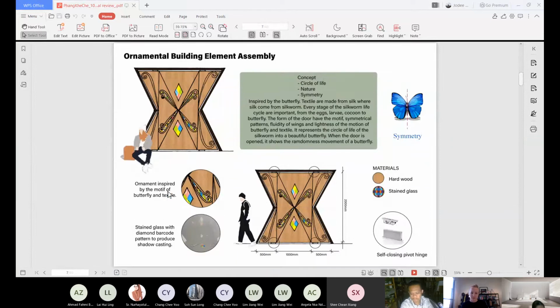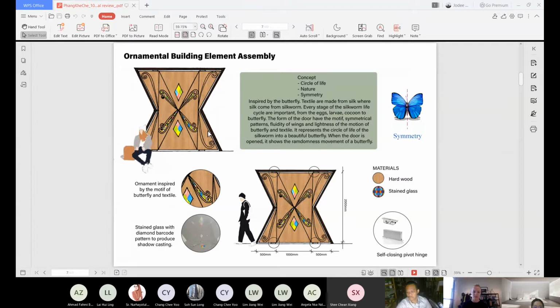The concept of my building element, the door, is the same: the circle of life, nature, and symmetry. It is inspired by the butterfly. The textile is made from silk, and silk comes from the silkworm. Every stage of the silkworm life cycle is important, from the eggs, larva, cocoon to butterfly.